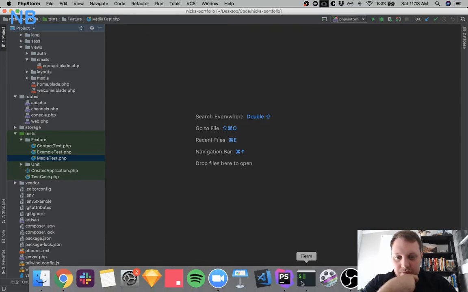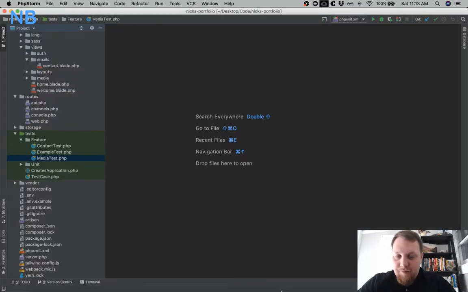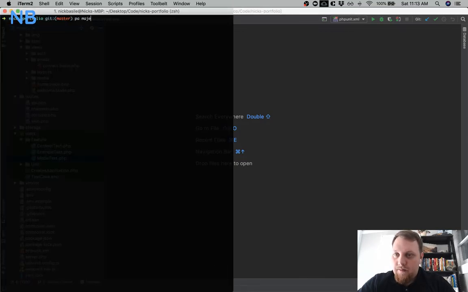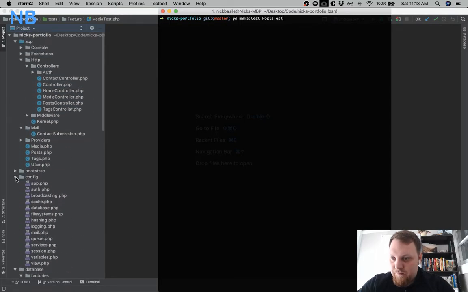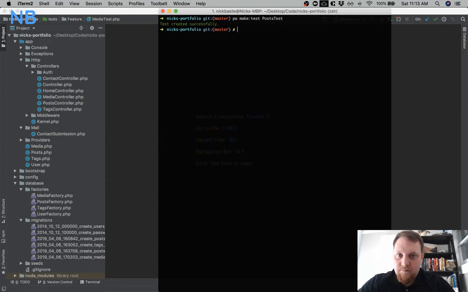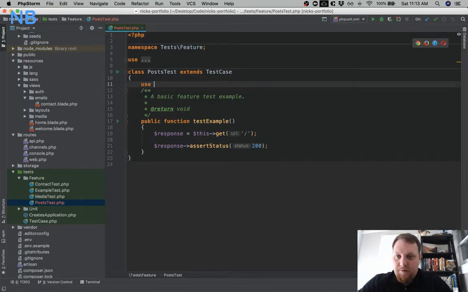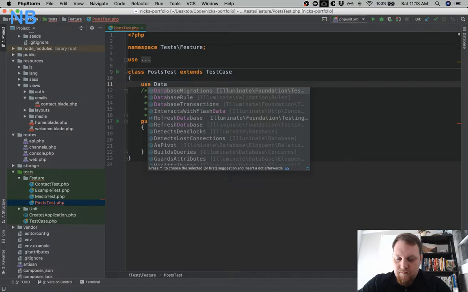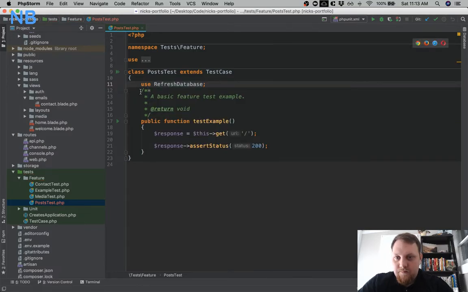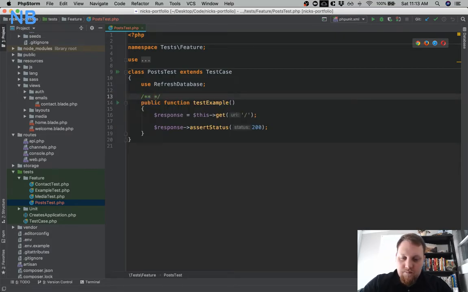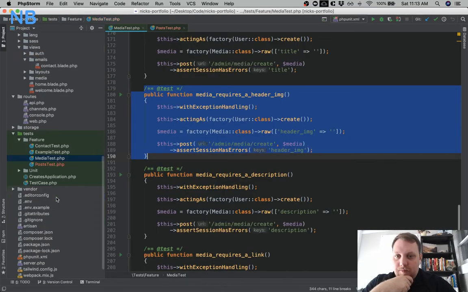So we're gonna make a. Honestly, it's gonna be very similar to the other one, but make tests, and we'll call this posts test, right? I'm gonna double check. That's my model name. Yeah. Alrighty. This will definitely use database. Or refresh database rather. And this is going to be very similar to our media tests. So let me go ahead and,